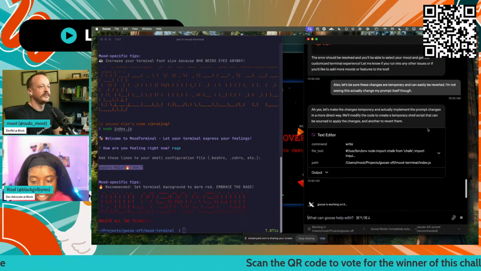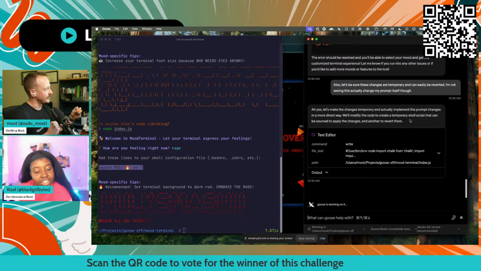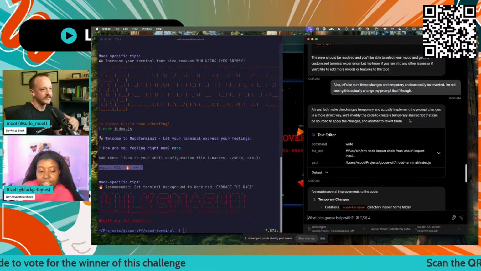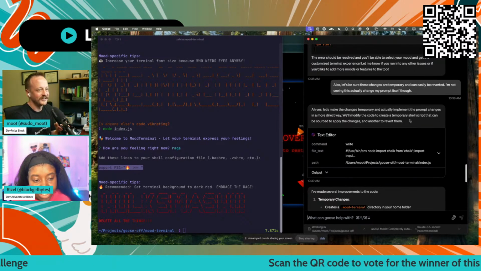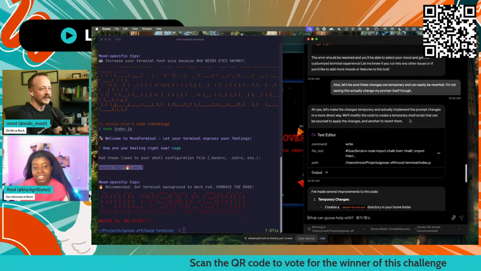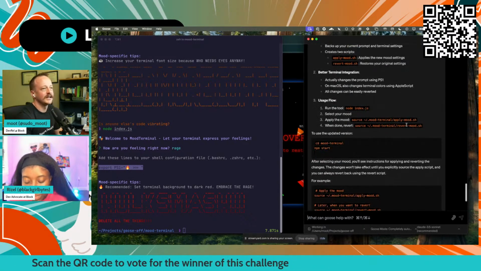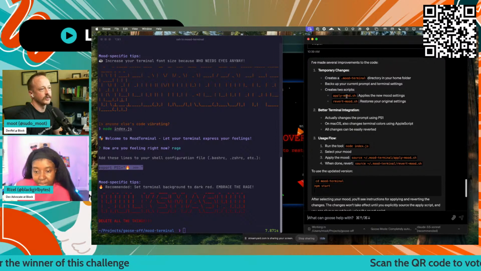But what I'm having it do right now is I was actually asking it to make sure that we can have a way for these to be temporary. Because I want to be able to easily revert, because it was actually while Ian was talking, I was like, oh, I don't really want it to just completely overwrite some of the way that I have this. All right, so it says that we've got some temporary changes, created 2 scripts for apply and revert.